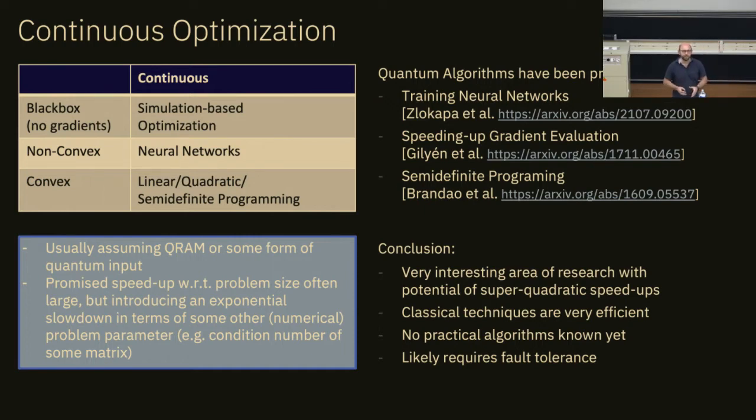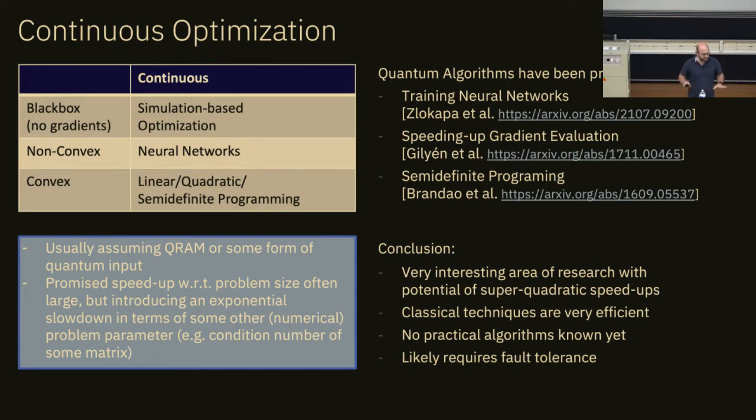Like we can scale to relatively large problems in continuous optimization. So you need a problem size that's relatively large before you can do something interesting, which usually translates to a lot of qubits or very deep circuits. And that means that likely we have to use error correction to deal with the noise in the system.